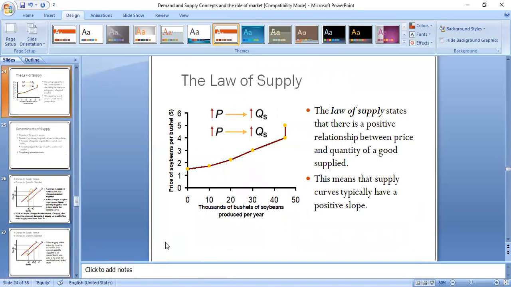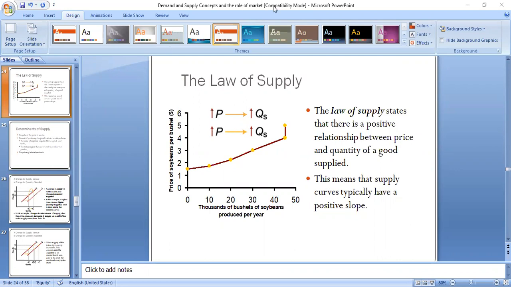So let us look at the law of supply. The law of supply says that keeping other factors constant, when the price of a commodity increases, even the quantity supplied increases, and on the other hand, when the price of a commodity reduces, even the quantity supplied reduces. So literally, the law of supply shows a positive